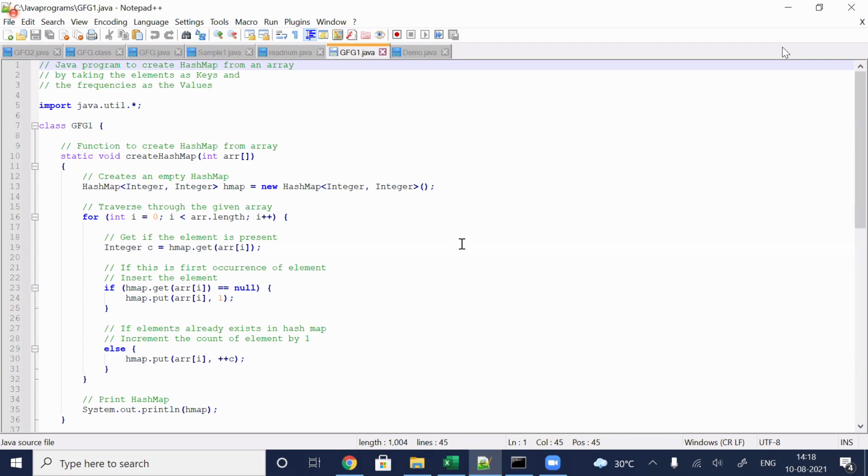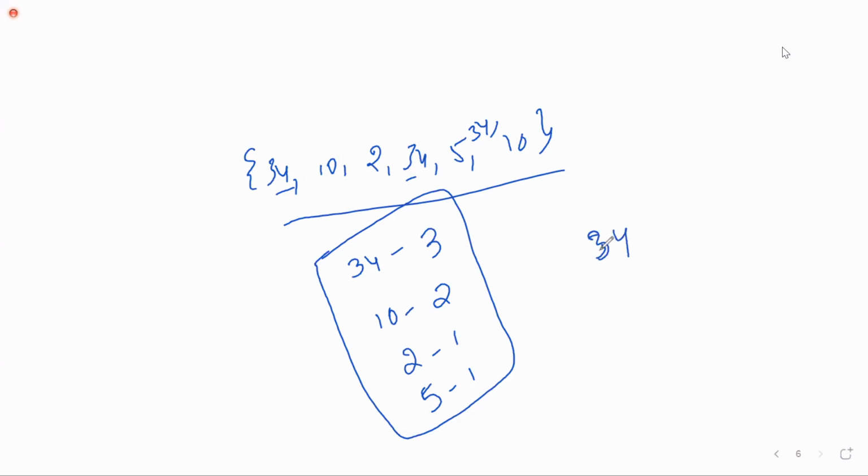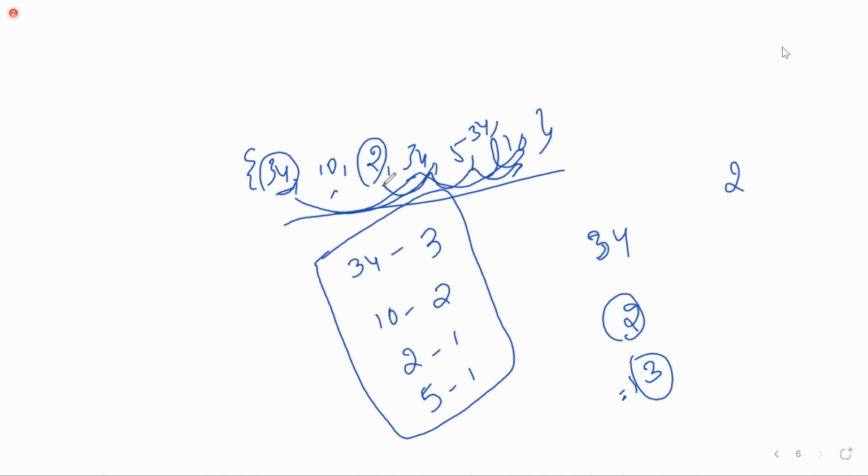Okay, suppose here the element is 34. First I'm starting with 34 and searching for the map of 34. Yes, I find the first map, then it will be incremented. Initially it is 1, it will be incremented to 2, and again we may find one more mapping, so it will be incremented to 3. Next, I'm not considering 10 yet, I'm considering 2. It will search for the map. Do you find it anywhere other than this? No, so null. You cannot find any other matching other than this single item.